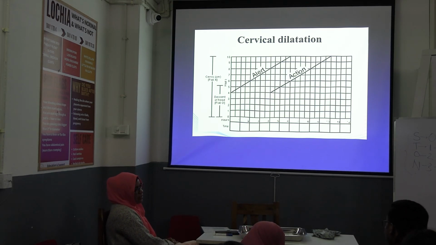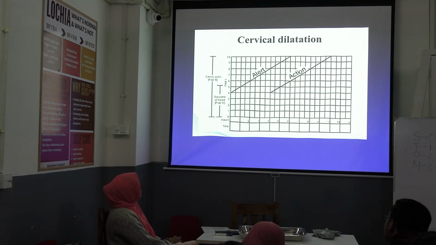Either you can augment it, or you will see the fetal heart rate condition and the color of the liquor. If there is meconium stain, there is bradycardia, and the patient is still 4 centimeter dilated, then you need to do something. You have to terminate the delivery or labor.